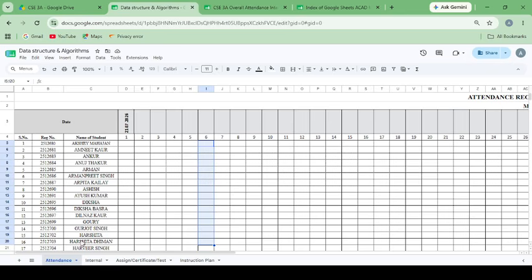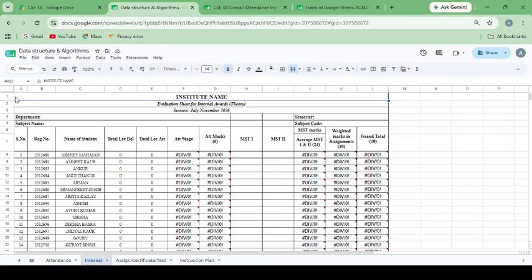The second tab in this sheet is regarding internals. Column A to column G will be pre-filled and they will be locked columns. You don't need to change anything in these columns. What you need to do is enter MST1 marks after evaluation of MST1,